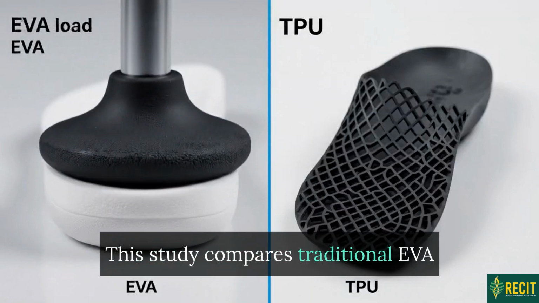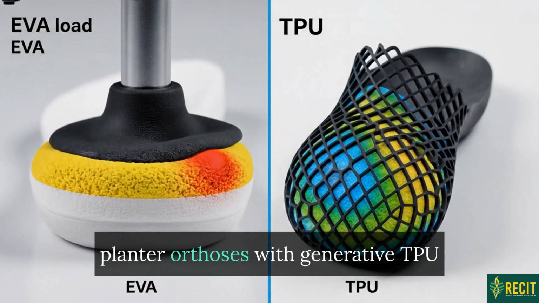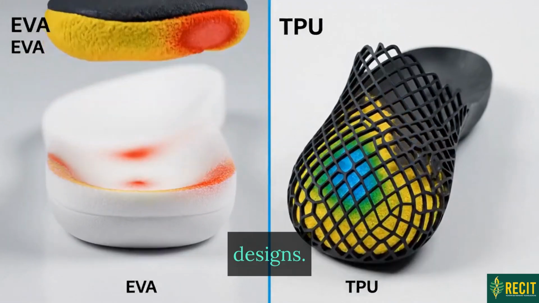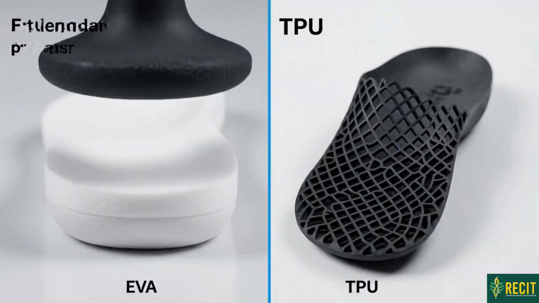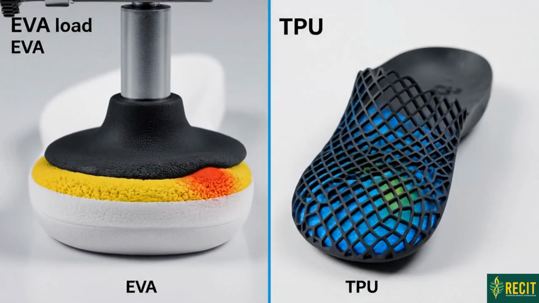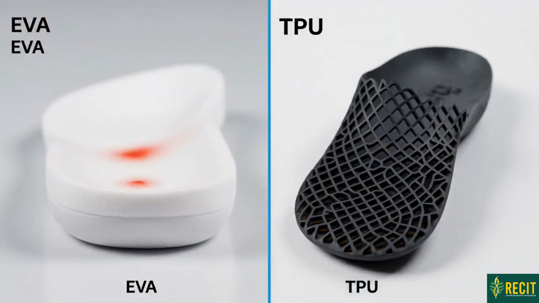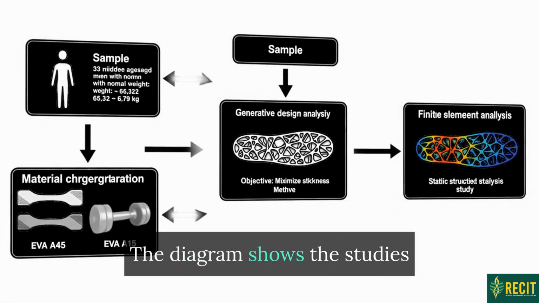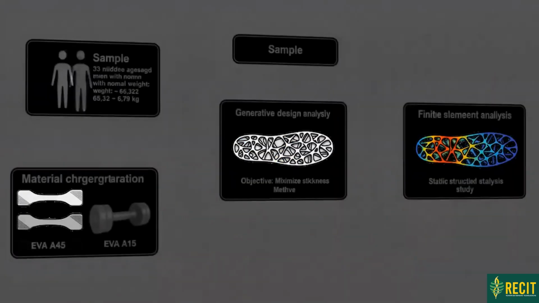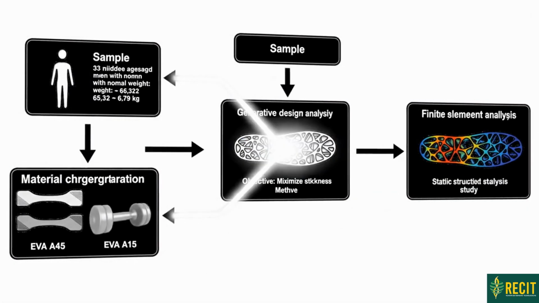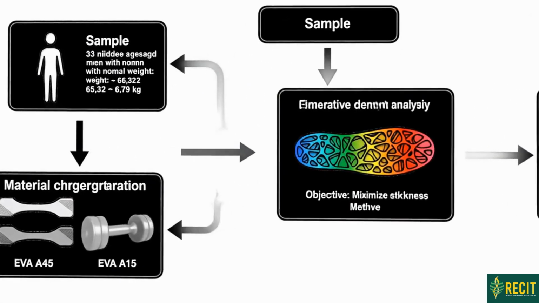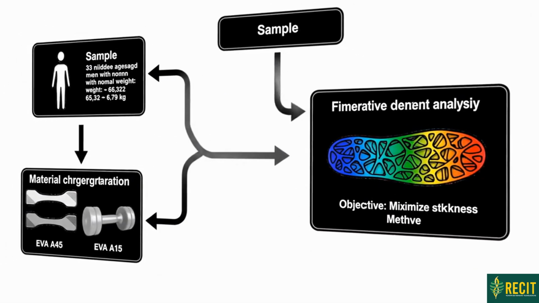This study compares traditional EVA plantar orthoses with generative TPU designs. Structural analysis demonstrates that the generative design optimizes energy absorption and load distribution in the ergonomic insoles. The diagram shows the study's methodology, from baropodometric data collection and material characterization to the final structural analysis via finite